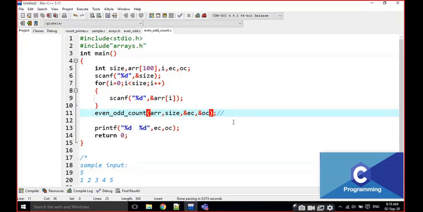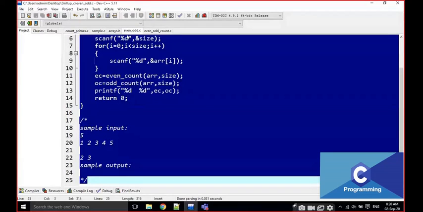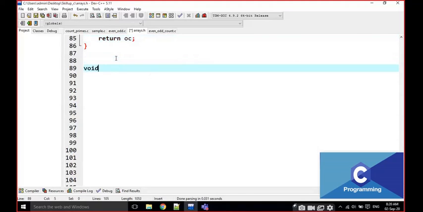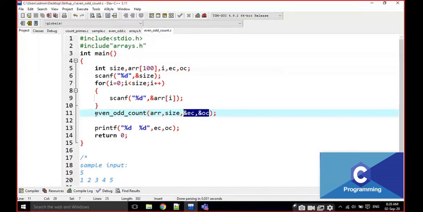Just observe everyone. This is the first method. The results which are going to be written, we have to pass these two as arguments. I am going to develop the function in here, in the .h file. Just look here. This is going to be void. Why is it void? There is no assignment and no printf statement, right? This is a void function, but the results are going to be included in EC and OC.